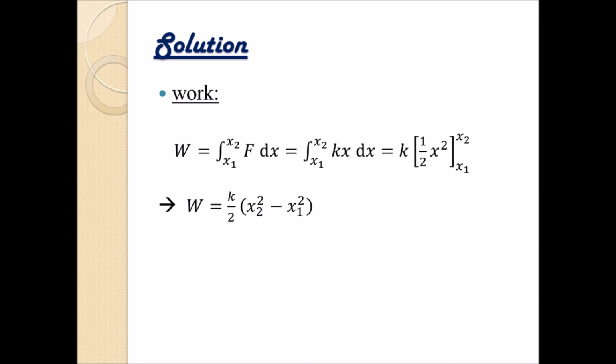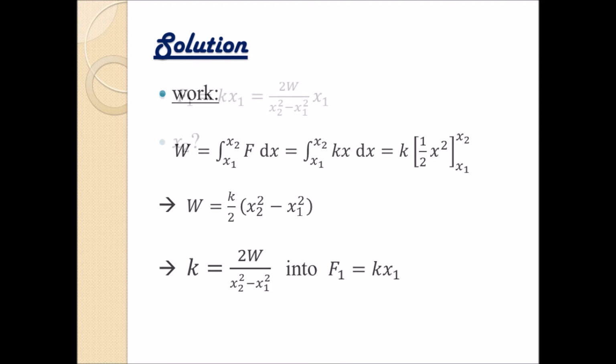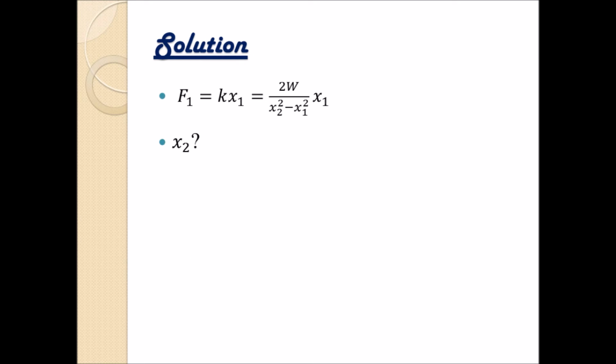Does this help us? Yes, we are looking for k in this particular case to substitute it. So k equals 2 times w divided by x2 squared minus x1 squared. And we can put this simply into our equation f1 equals k times x1. And if we do this and have a closer look, we can see that yes, f1 is given, the work w is given, but we are looking for x1